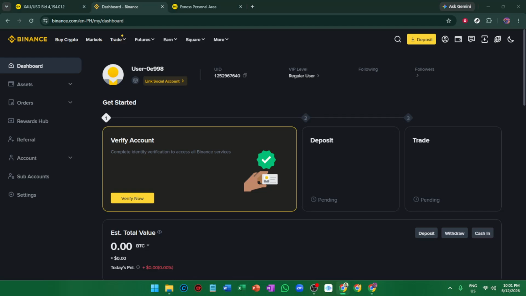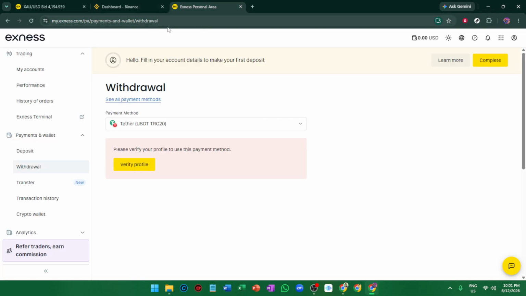In today's video, I'm going to teach you how to transfer USDT from Binance to Exness. To get started, open your Exness personal area. This is where you'll prepare the deposit details before sending any funds from Binance. It's important to begin on the Exness side first because you need the correct wallet information and network details before